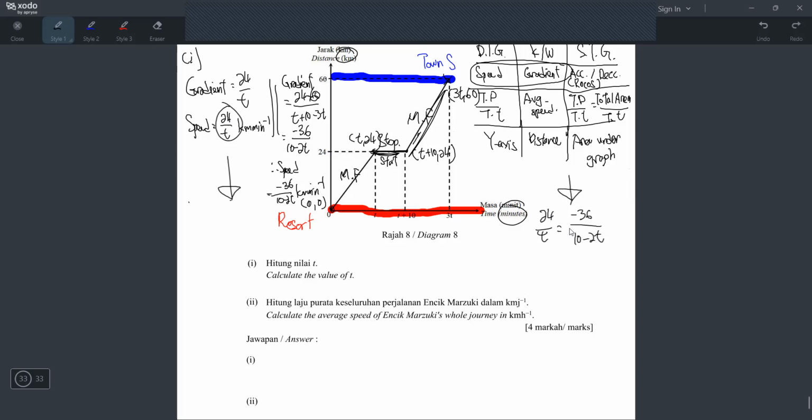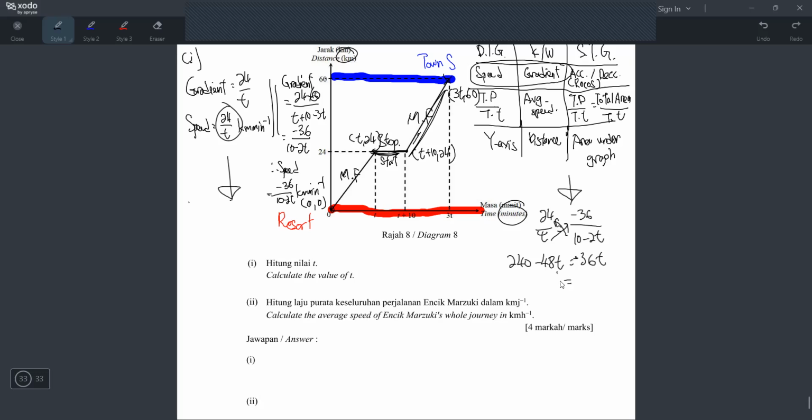Something over something equals something over something. You will cross multiply. If you have a single fraction on both sides like that, you can cross multiply. So it becomes what? 24 times 10, 240. 24 times negative 2, negative 48t. This one, negative 36 times t, negative 36t. The t and t can be combined, but we must put them on one side first.